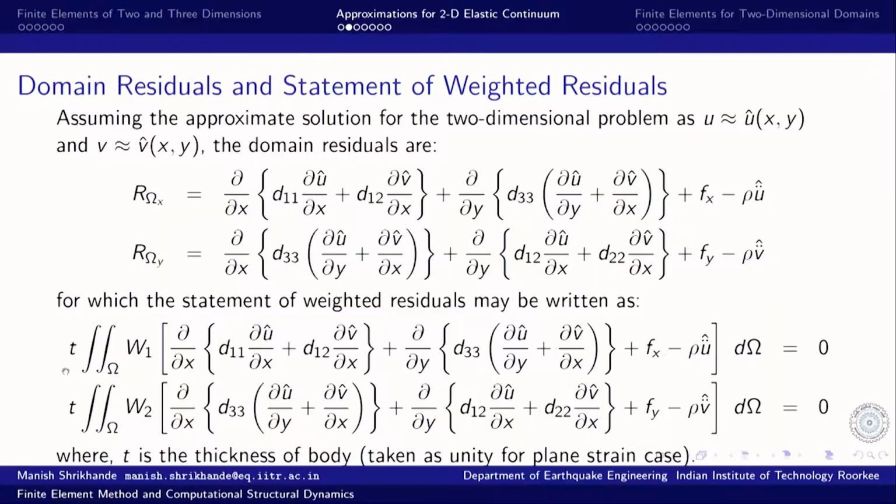It is only that we are ignoring the variations. We are saying that along the z direction nothing exciting happens, and under what conditions that happens and how valid that is, we will see in a short while. So, T refers to the integration with respect to the z direction. That is the thickness part, and this is taken as unity. T is taken as unity in the case of a plane strain problem.